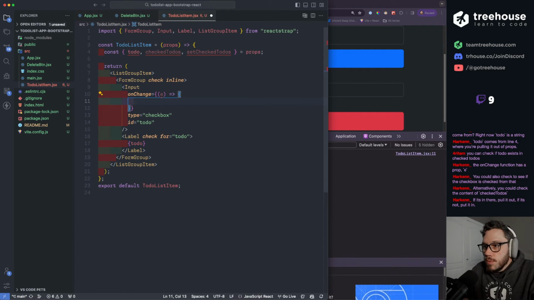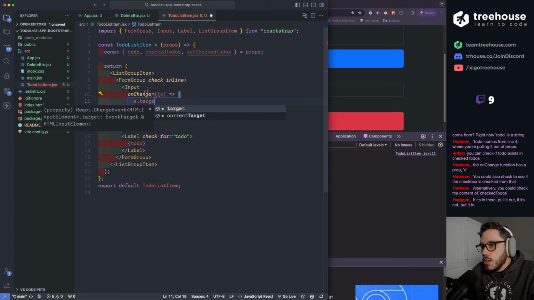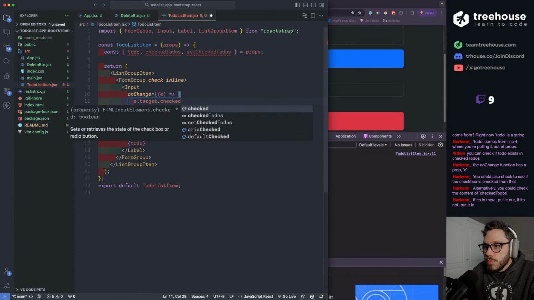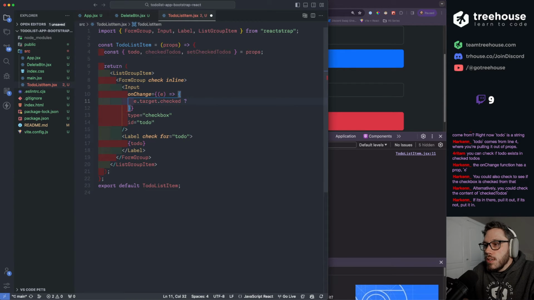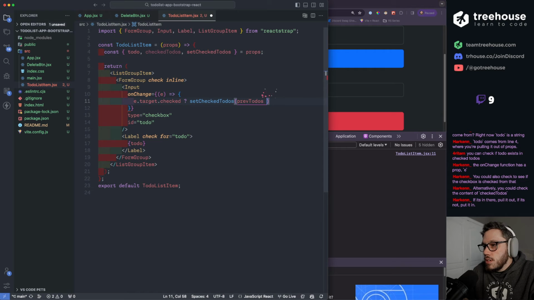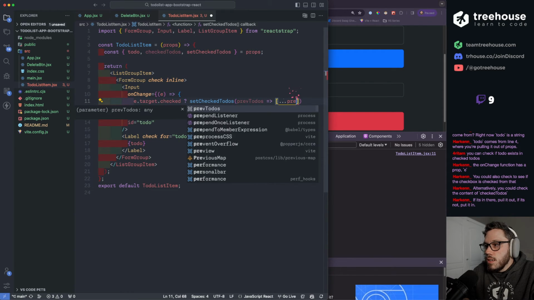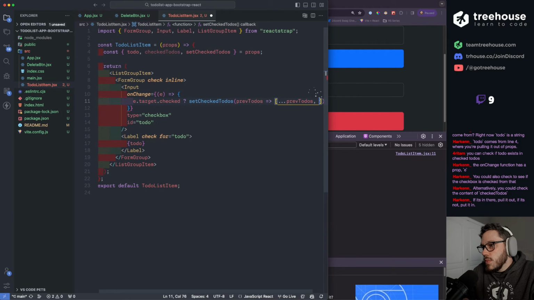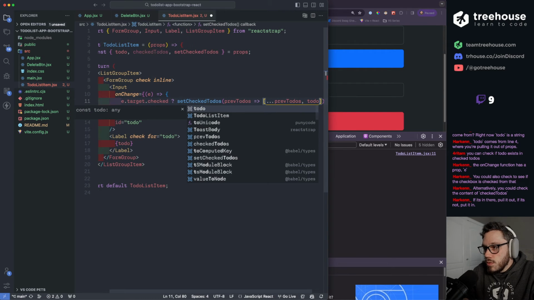Let me start this over. So if e.target.checked is true, then let's say set checked to-dos, and we'll take the previous to-dos, and we can spread that, and then add in the to-do, and that to-do is just the string.